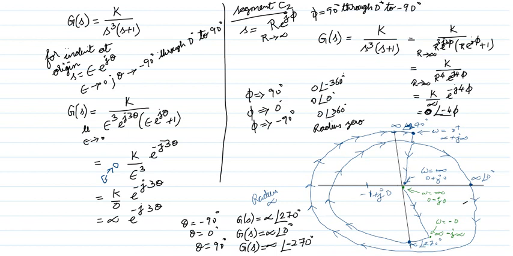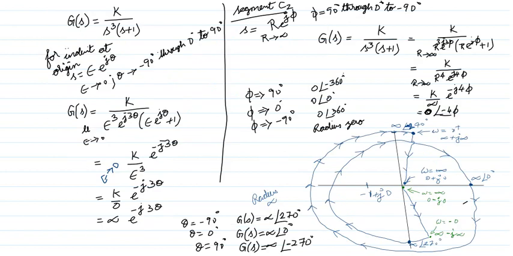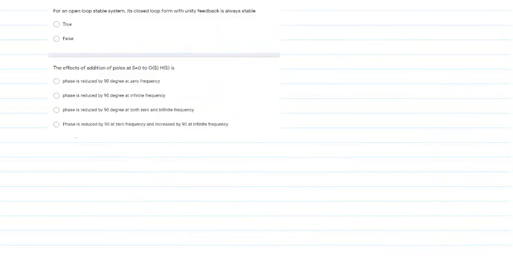If you look at this figure, the Nyquist plot, it is encircling this point one time. Let's look here. One time, then 2 times it is encircling. So the option is 2 times in what direction? In clockwise direction. Okay, clockwise direction. So the option is B, 2 times in clockwise direction. Right.